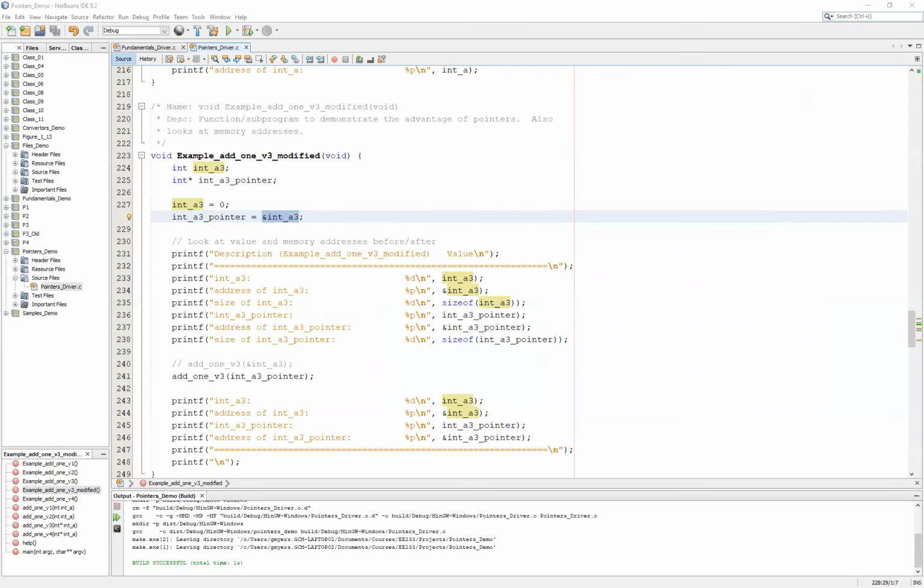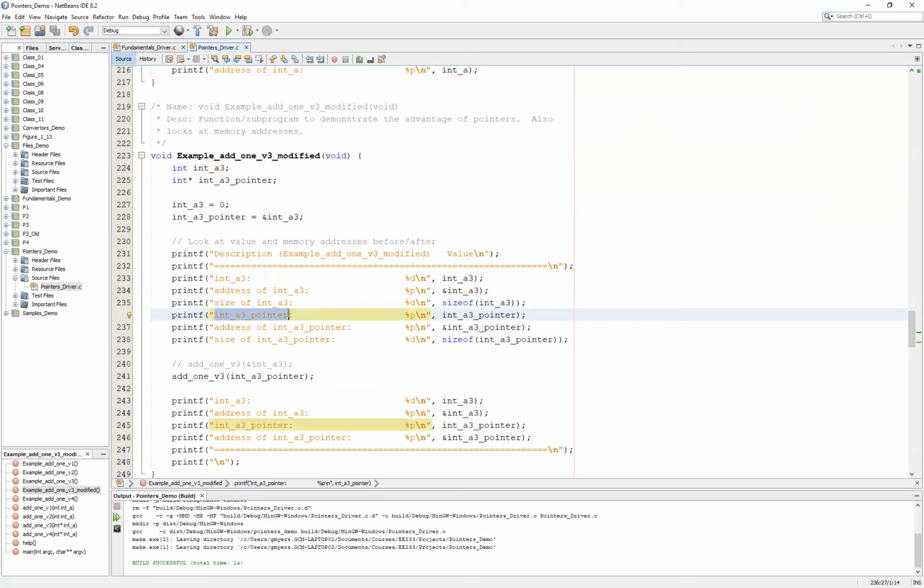So back to our code, you'll see that I have built in C a nice table like we did in our earlier examples that does exactly that. It simply demonstrates the value of int_a3, the address of int_a3, the size. We then also print out the value of the pointer. Now, I didn't emphasize this in the earlier video because I didn't want to give us too much information, but you'll notice that in the